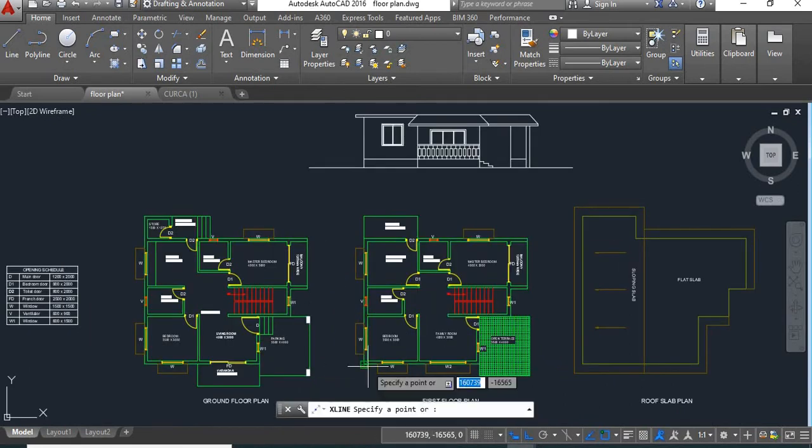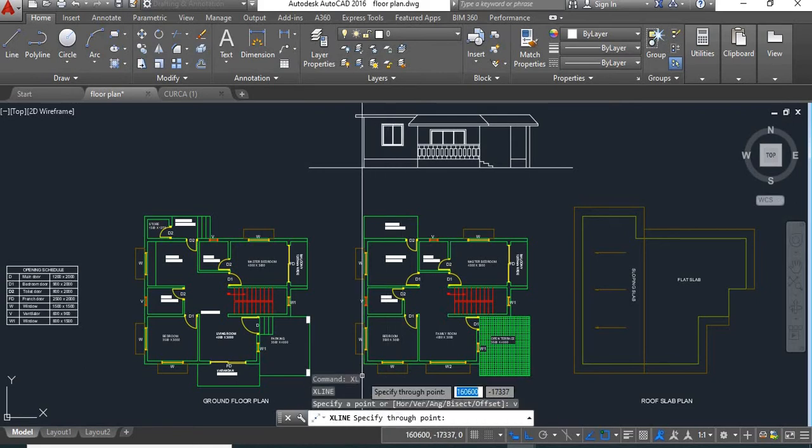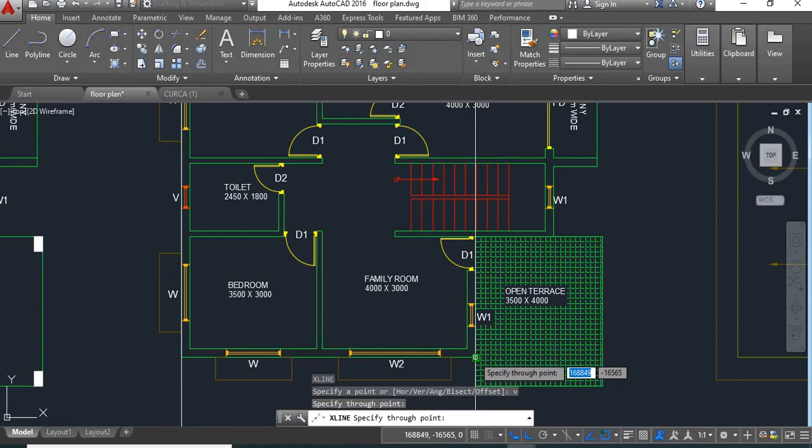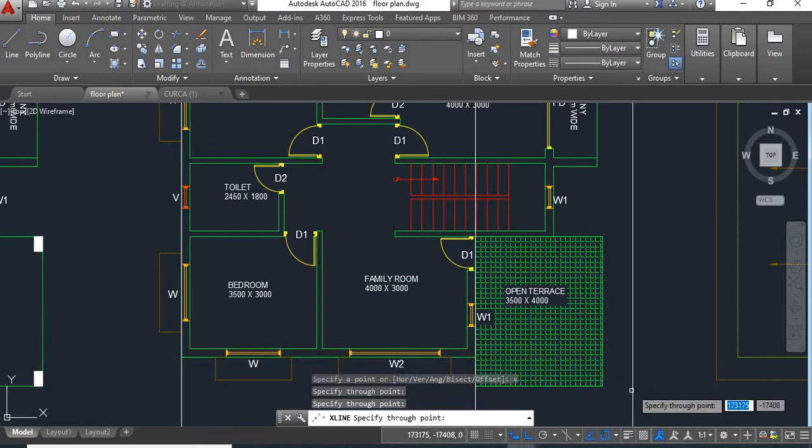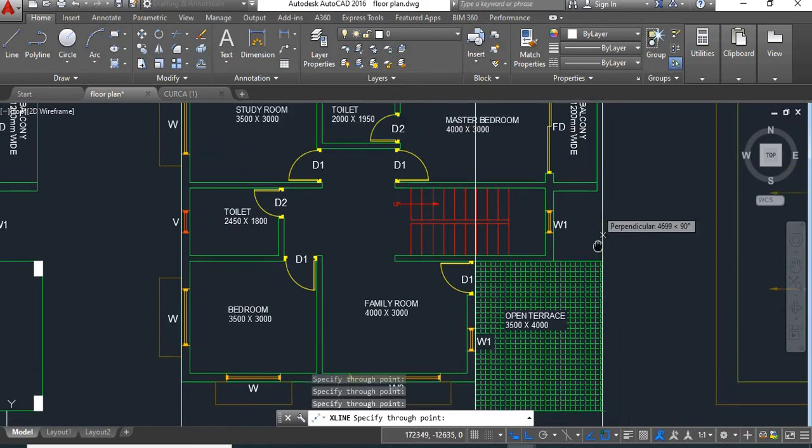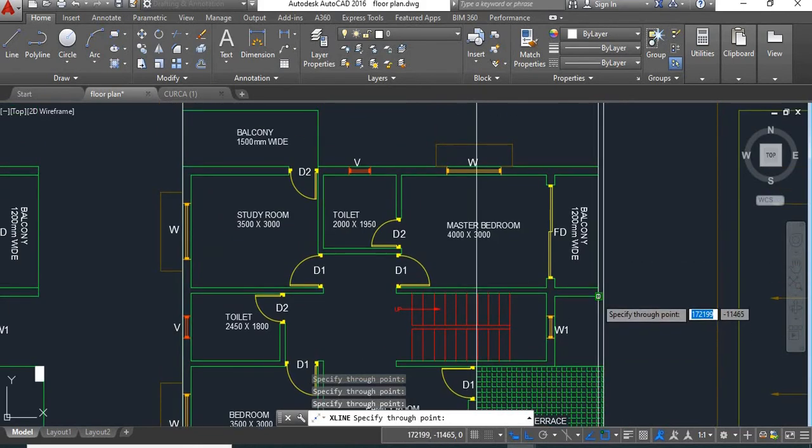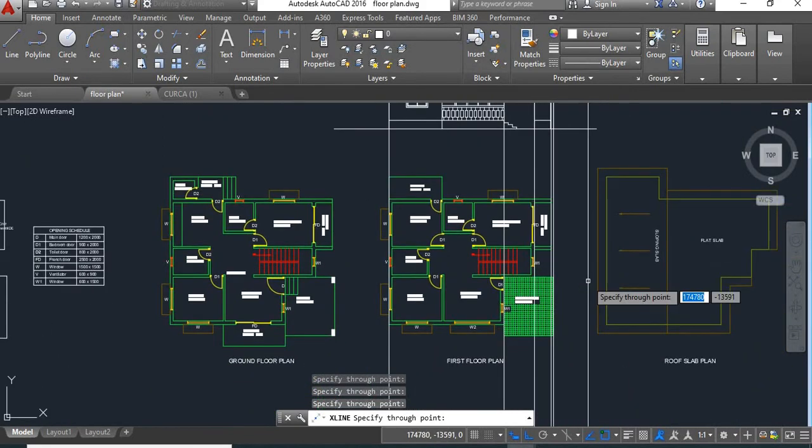We'll take construction line vertical and project this line, this point, then this point, then here this open terrace, and we'll see this balcony also, and this staircase block. Say enter.